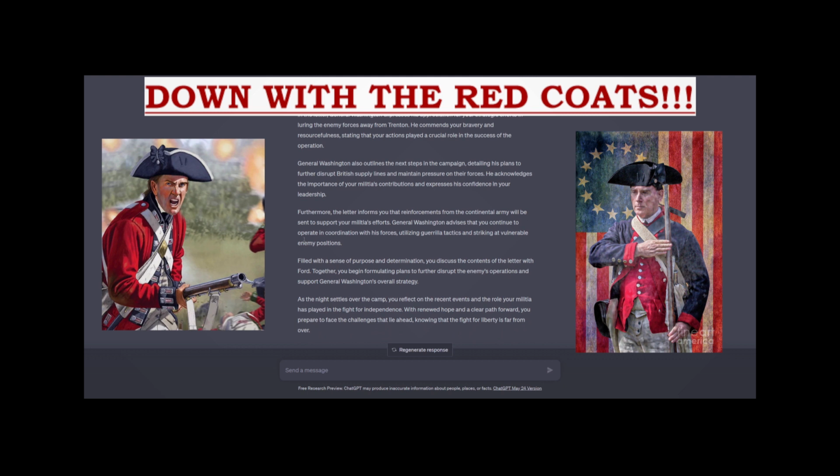But hey, if you want to try this for yourself with ChatGPT, it's totally free. You just need to play around with a prompt, and you can make yourself a narrative experience. You can do anything you want. You want to live in the Middle Ages? Go ahead. You want to fight in World War II? Go nuts. You want to establish a new colony for yourself during the colonial period in North America or South America, the Bahamas, the Caribbean? You can do that too. All you need to do is just tell ChatGPT to play some roles for you, and you play your own. And you're good to go.